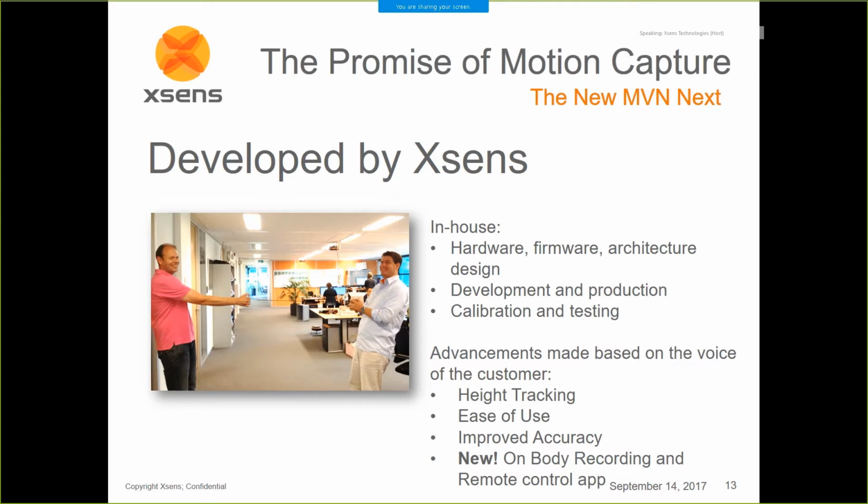Some other advances in how the development of Xsens works is every 6 months we have a minor and a major software release. So this software release that's coming out in around November, that's going to be a very major release with the magnetic immunity. The software release before that was a minor release, but that involved on-body recording, so you can actually record information on the suit itself, and also a remote control app. So with an iOS or Android device, you can name recording, stop and start recording, see a live preview, and